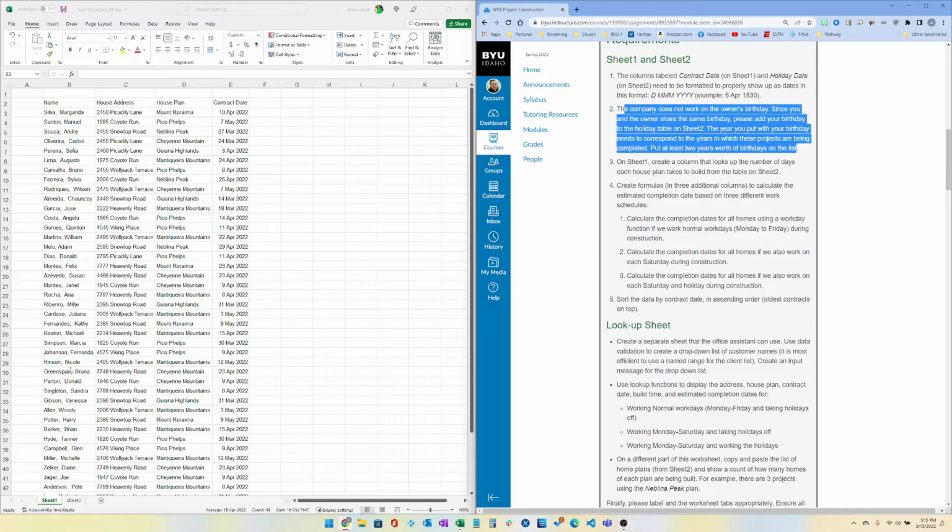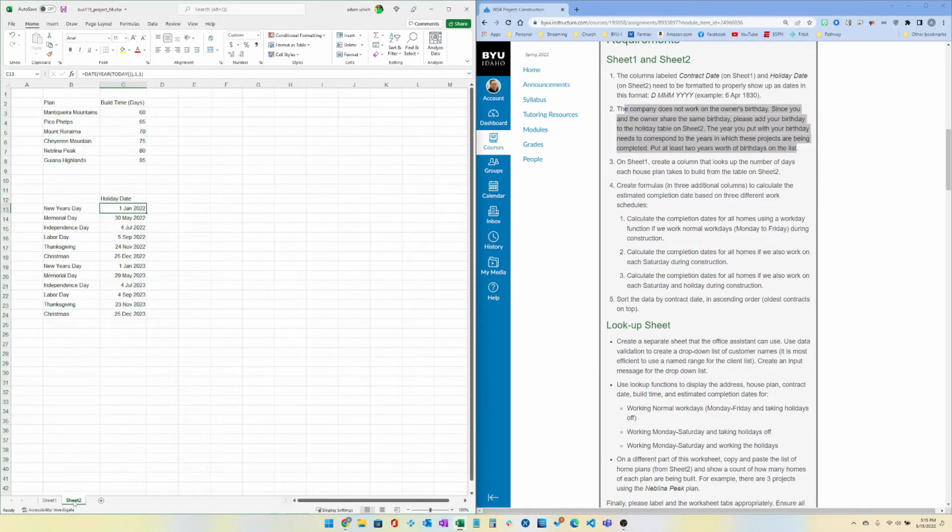Okay, second thing is we need to add a couple days. It says the owner doesn't work on his birthday. It's a holiday. So it says add your birthday to it. So my birthday is January 27th. So I would take and move this down, and then right here I would take and move this down. You want these things to stay in chronological order,